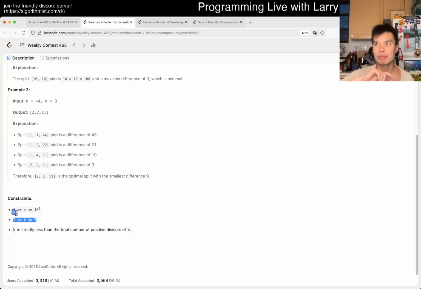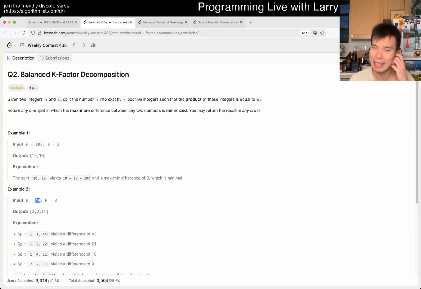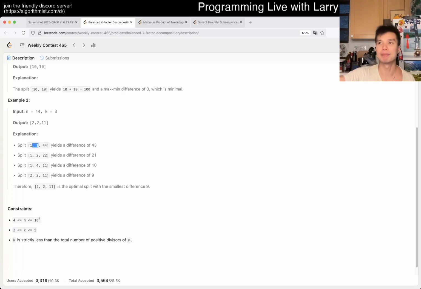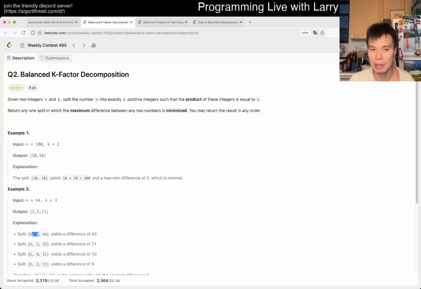Because the biggest number, or the number with the most divisors, has like 128 of them or something, but not all of them are possible, or not all combinations of them are possible, right? For example, if you have just the number 4, you cannot do 1, 2, and 4 at the same time, or something like that, right? So there are some limitations, but otherwise